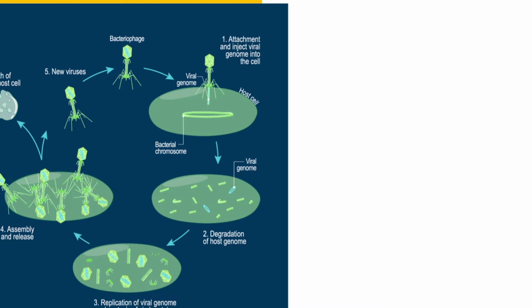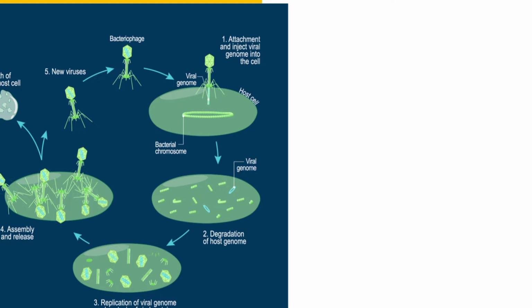So everything will be separately formed, and then the assembly happens. Assembly means it gets its structure by assembling itself. The capsid will come at the top, and then the sheath, and then the basal plates, and then the tail fibers. Likewise it gets assembled into a bacteriophage inside the host cell itself. That is the fourth process, assembly and maturation. It gets matured and forms a complete bacteriophage, and later what happens?